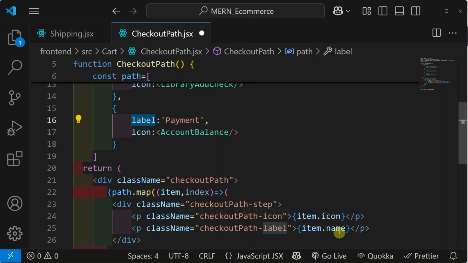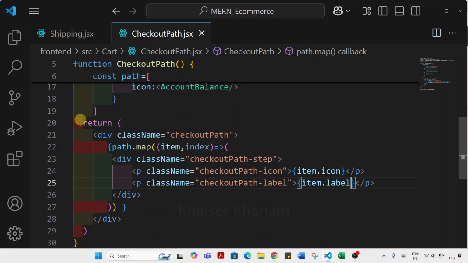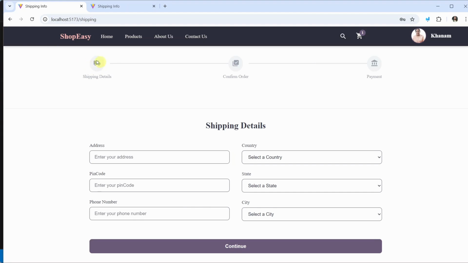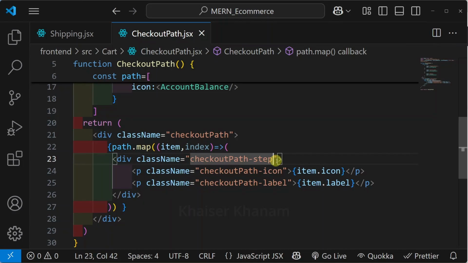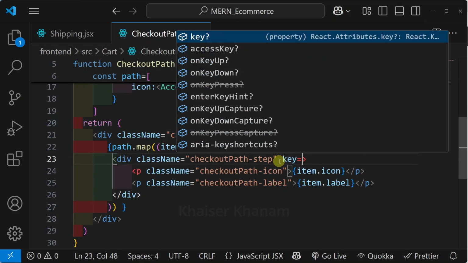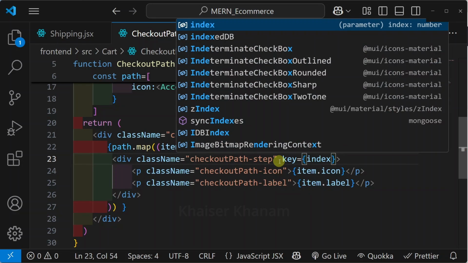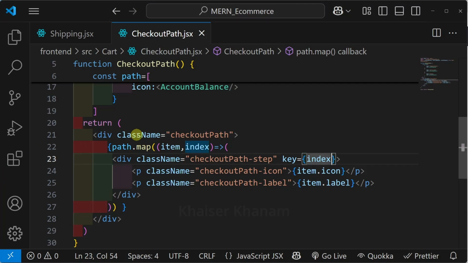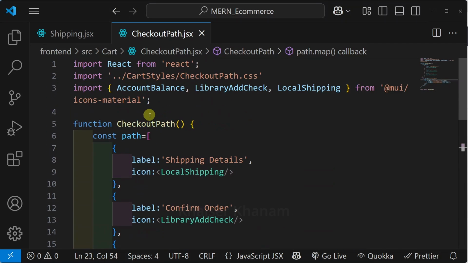Okay, sorry, it is label. We have to pass item dot label. Now come to project and here all the icons are displayed and below that we are having all these labels. And for this div, I will be passing key value. I'm just going to assign index. In this way, we are just going to create this checkout path and all the stylings I have already given